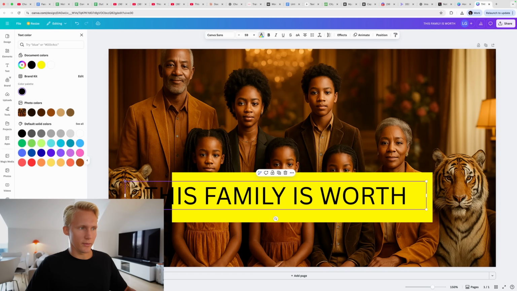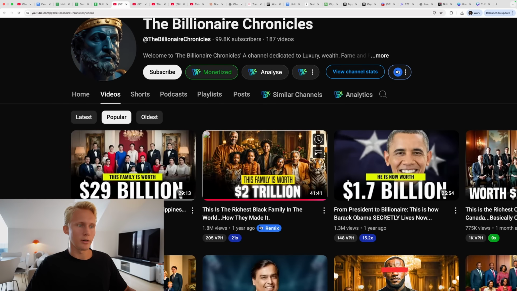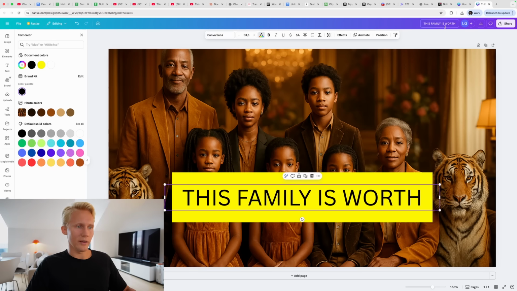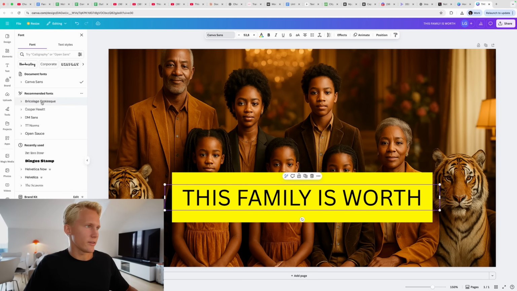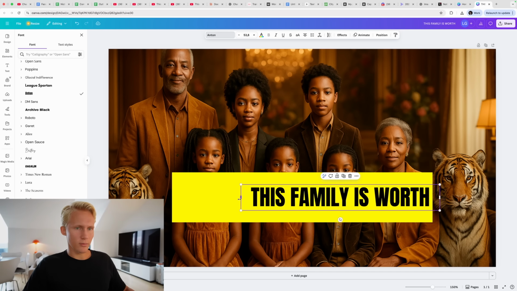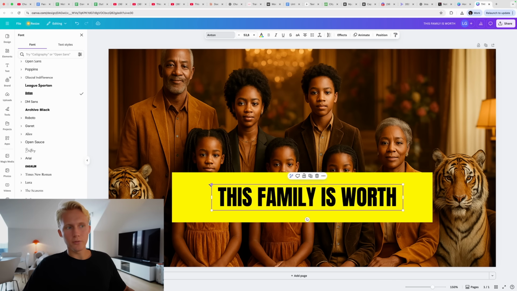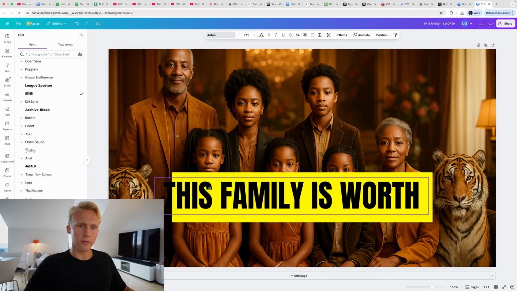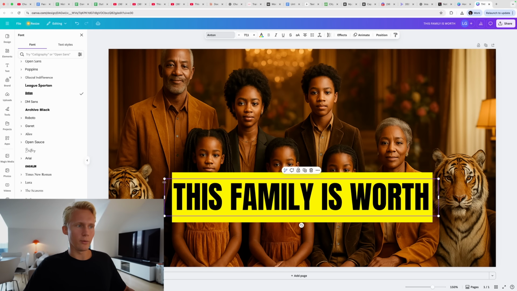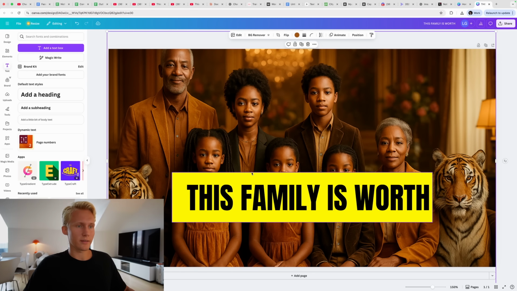They had a specific font that looks kind of cool, so we'll try to find something similar. It's kind of a pretty tall font, almost a little bit bold as well. We can probably find something similar if we just take a look. Actually, let's probably go with this one. I like this one. So you can see you can choose between whatever font that you want. You preferably want something that is as similar to the reference as possible. Let's see how big they made it. Okay, they made it fairly small, like the yellow text.